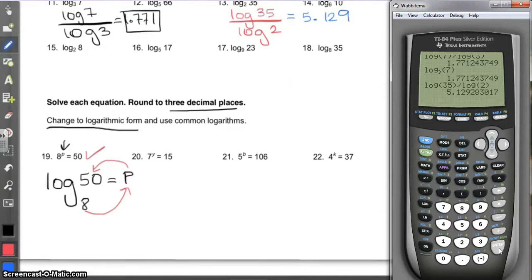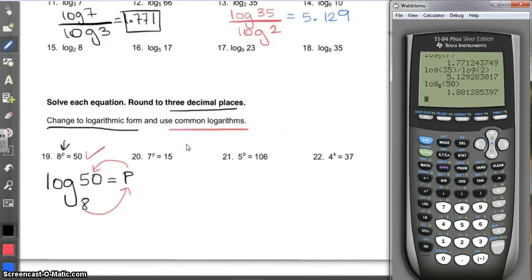Now, they want you to write it as a common logarithm. You can either go to math, scroll all the way down to log base, but it takes time, and then enter 8, then 50, and then you get the answer. This is one way to do it, but since here they were specifically asking for common logarithm,